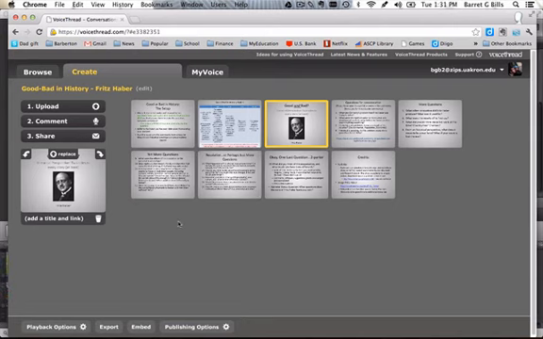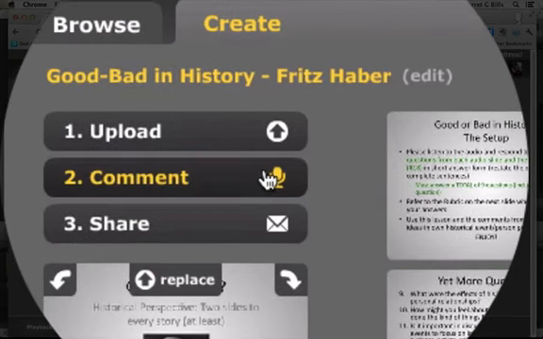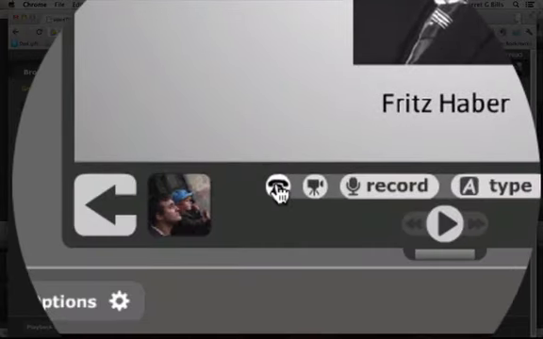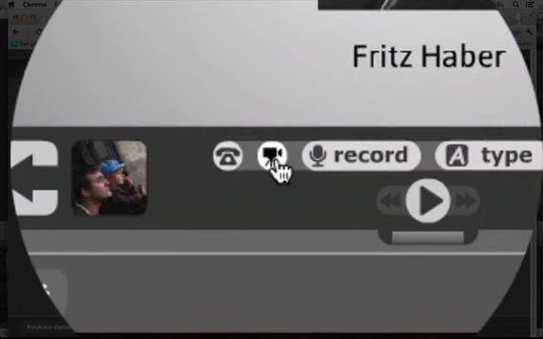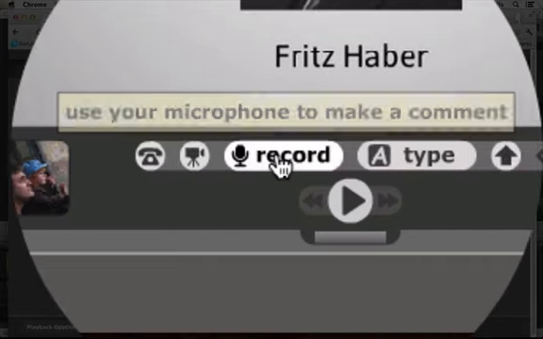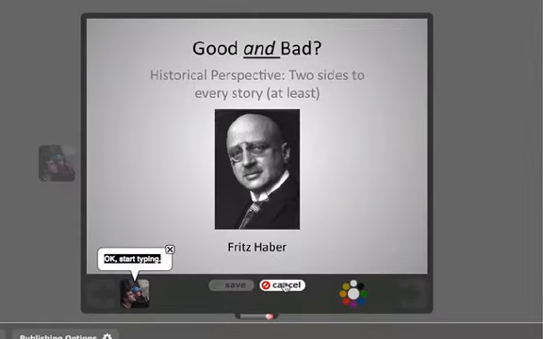Speaking of creating comments, it's a relatively simple process, either within the editing function or if you're viewing the presentation. So you click the comment button, and you have several options here. You can phone in comments, which I haven't utilized, and I don't know how well that works. The video comments from your webcam, which works great. You can post audio comments, and those people who are bashful and don't want to put up audio or video can simply type in whatever they want to say,